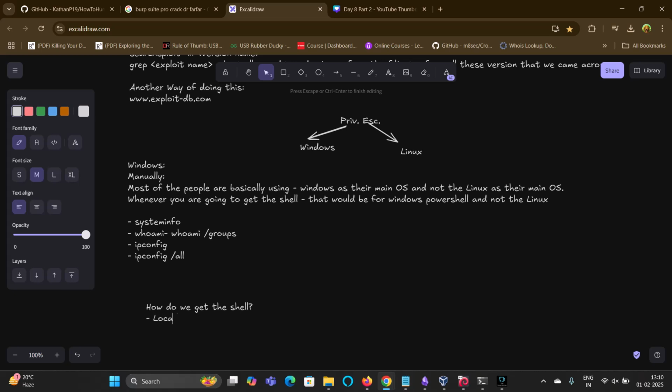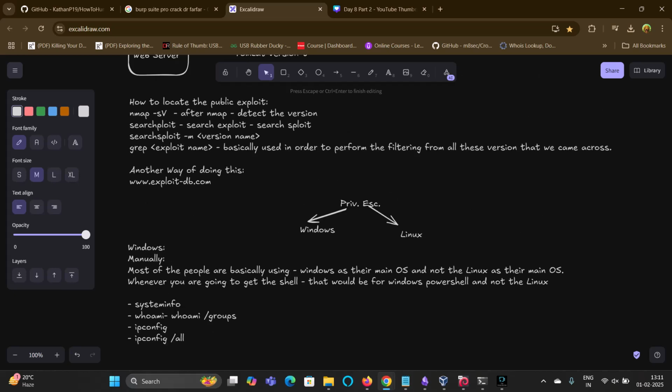Firstly, guys, we located the public exploits, and from there, when we get to know that this is basically a public exploit, here we can perform the exploitation. After you perform the exploitation, you basically get a hold of the shell itself. That's how you get the shell, guys.